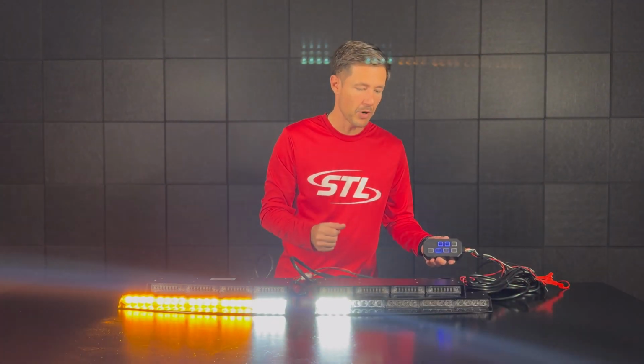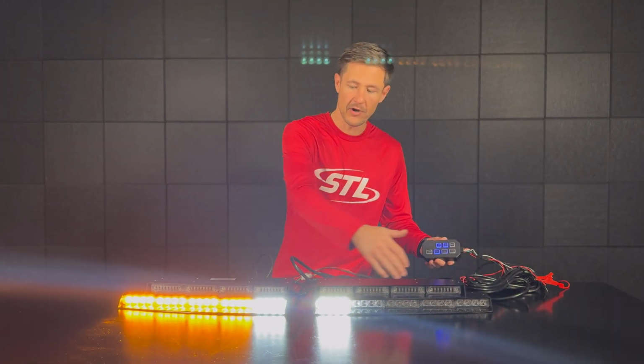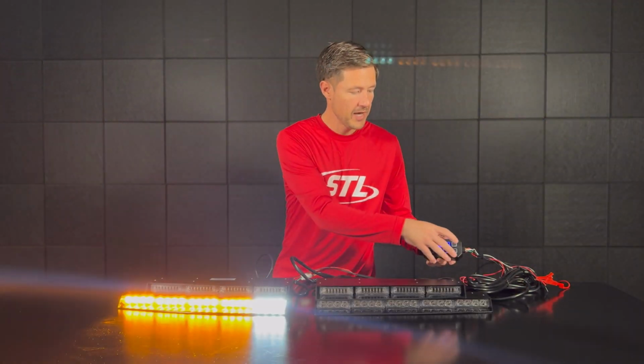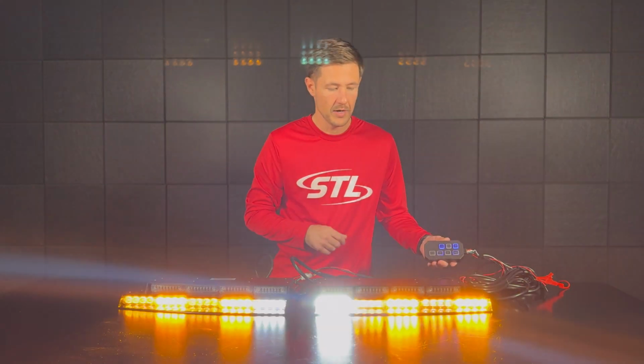And here I brought our Raptor TIR in an amber color model, but again we offer our Raptor or Raptor-X in TIR or MultiColor Linear in amber, red, blue, green, and clear. So you'll see there in my first power mode I have a half-half style flash pattern programmed, and then in my second power mode here I have an alternating style flash pattern programmed. And same concept applies where you can use your pattern button to change patterns, and you have two flash pattern